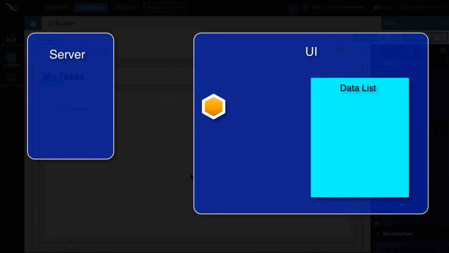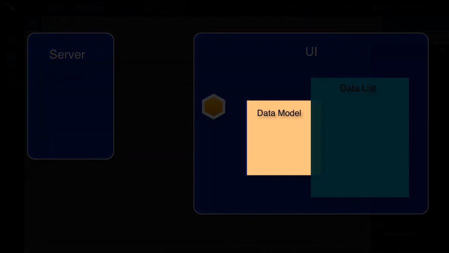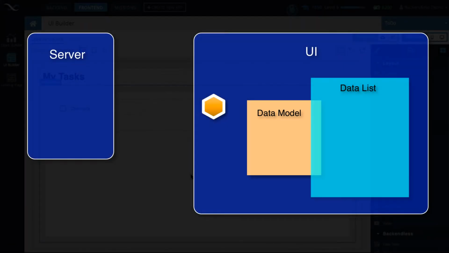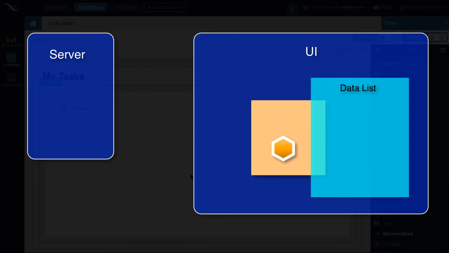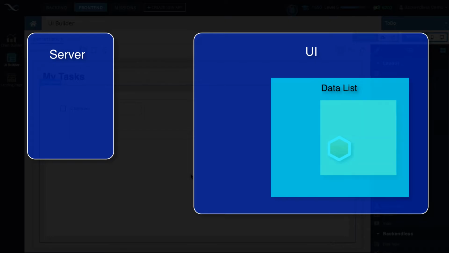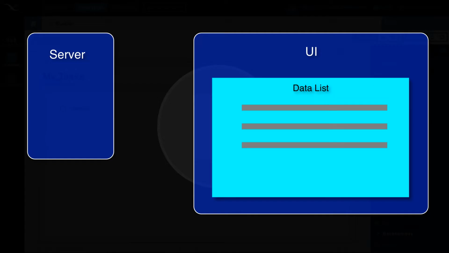An important thing to understand is that most of the components in UI Builder have a model. So in this case, we have this list data model. And what is a model? It really is just an object that represents the data, represents, in this case, an array of objects, where each individual object will be representing a record or an item in that data list. So the data list uses the model to get the data that it needs to render. So with that, let's continue building our to-do application.